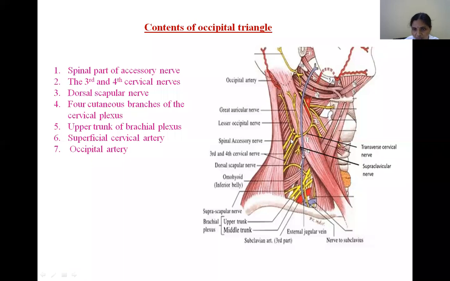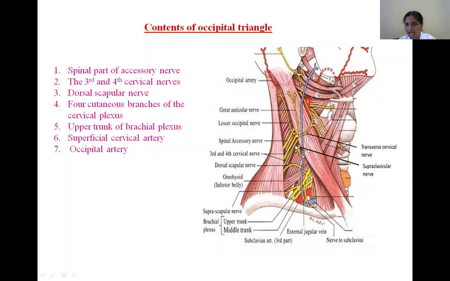Just identify this picture, all of you. There is an obliquely placed spinal accessory nerve. In the dissection, and even in surgeries, how can you identify the spinal accessory nerve? This is the only nerve which is hooked around by the lesser occipital nerve. How can you identify the lesser occipital nerve? It ascends upwards along the posterior border of the sternocleidomastoid, right? So this is the spinal accessory nerve.